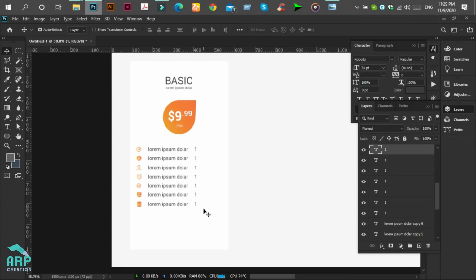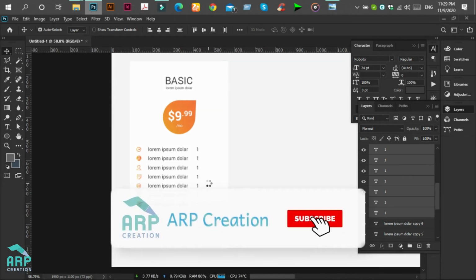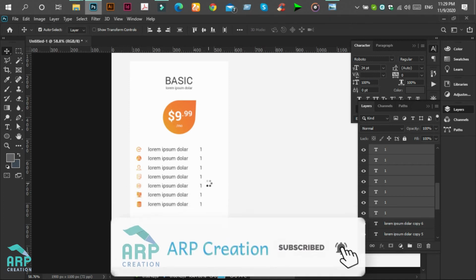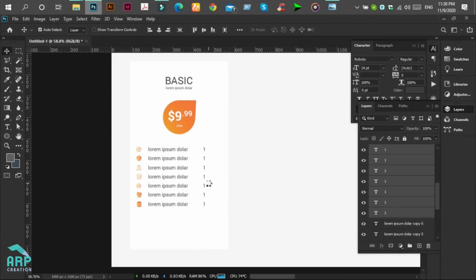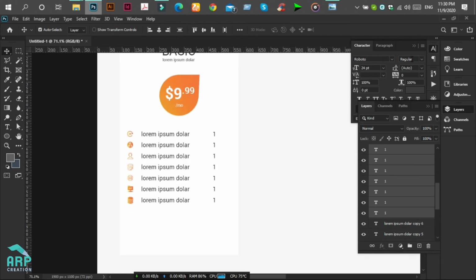Okay, select these new text layers again and move them to the right side, and change the font to Roboto bold.